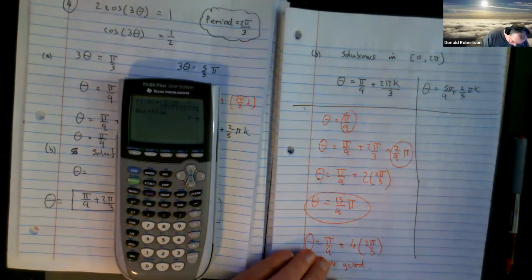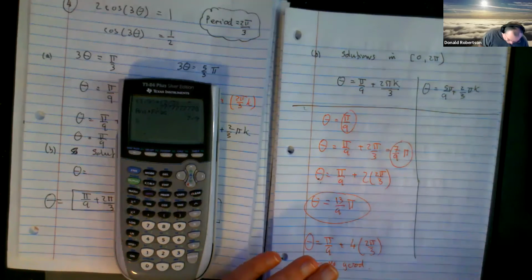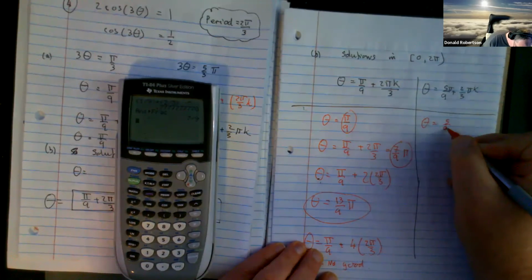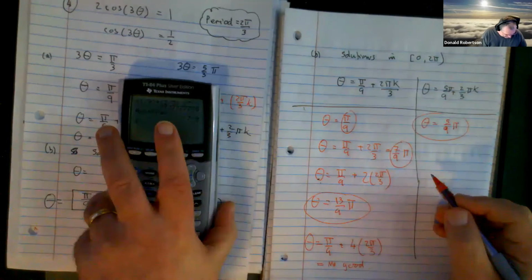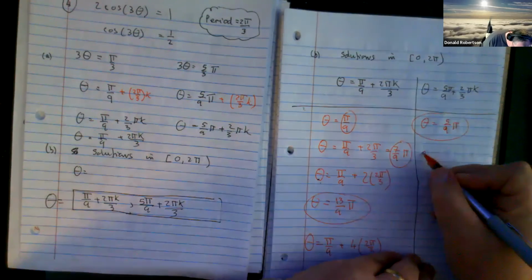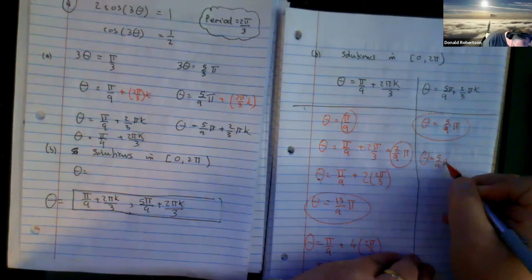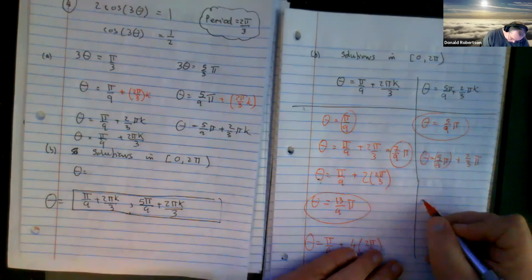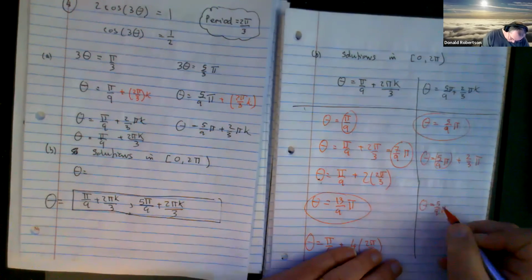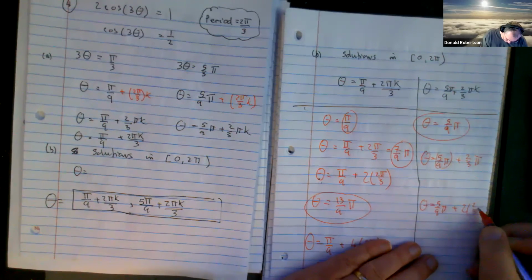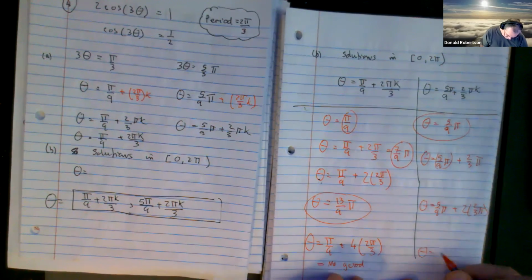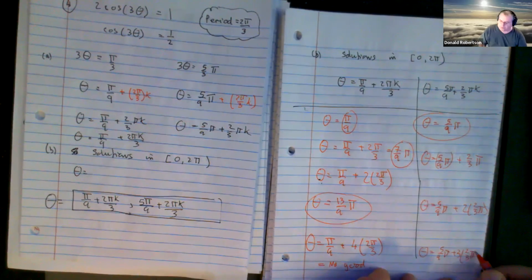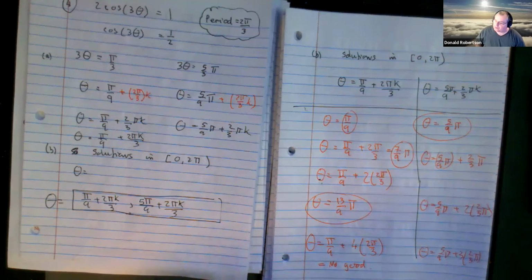Now they want 6 altogether. Or actually, I know the answer is 6. They just want all the answers that are in that range, which ends up being 6. So the first one ends up being 5/9 pi. That one. The next one is going to be 5/9 pi add the period. And the next one's going to be 5/9 pi add 2 lots of that guy. And then if I wanted to, I would go 5/9 pi plus 3 lots of that guy and 4 lots